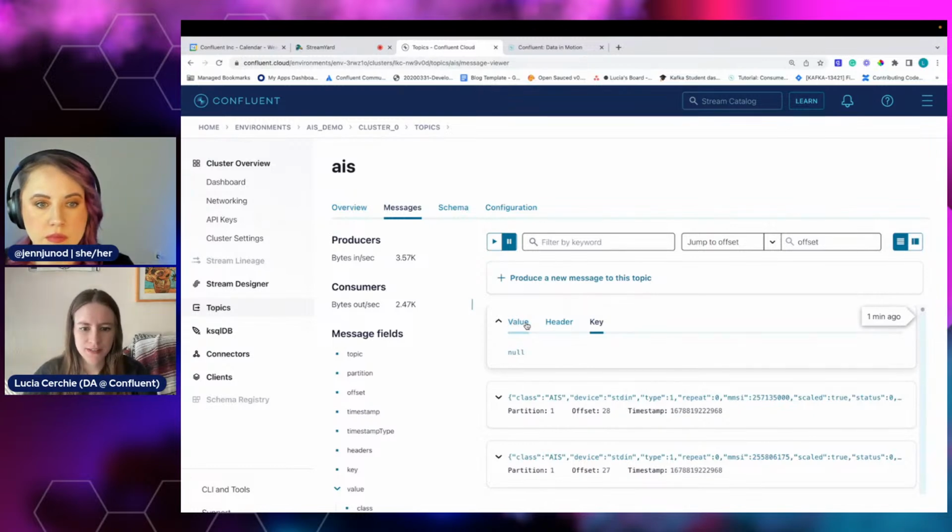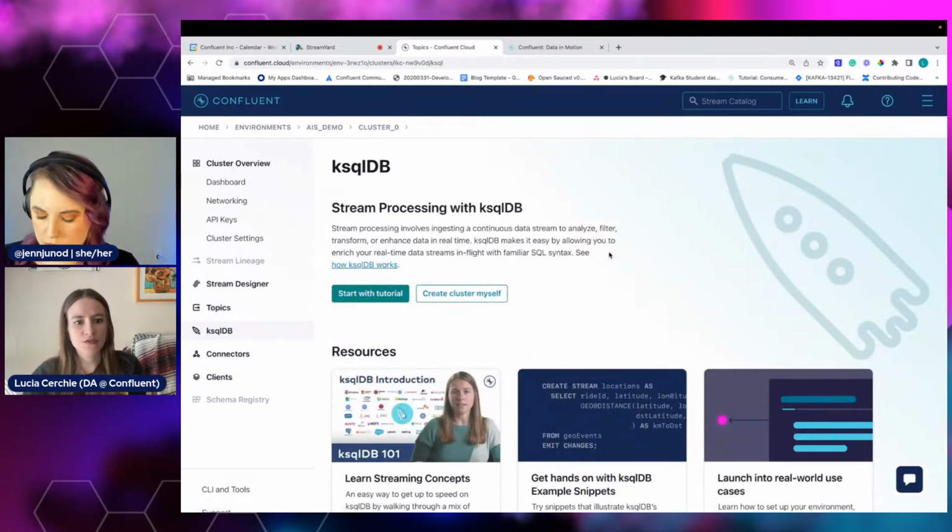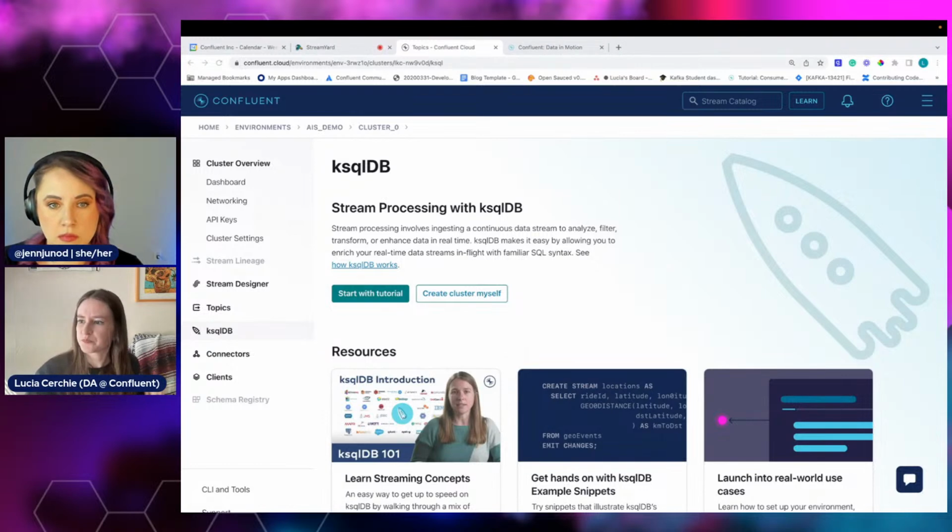All right, so this data is coming in basically non-filtered, right? We just got all of the data that we could. So the next step is going to be using ksqlDB to filter the data.